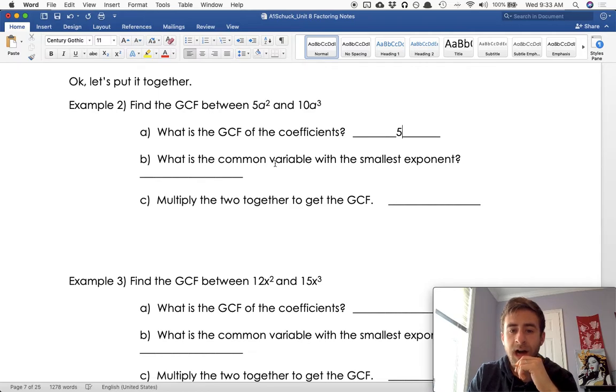What is the common variable with the smallest exponent? They both have an a. This is an a squared and an a cubed. The smallest exponent is the a squared. So what I'm going to have to take out here, the GCF there, is going to be